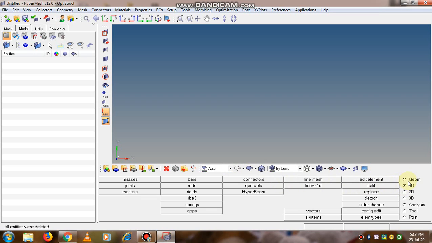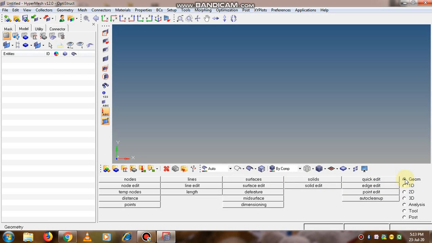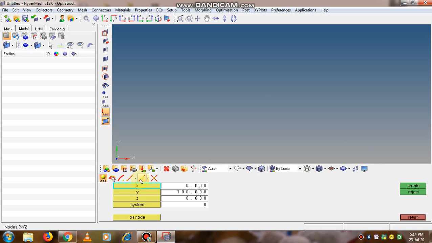First we will create a geometry. So in this geometry option, go to nodes and we will create the node. These are the coordinates.